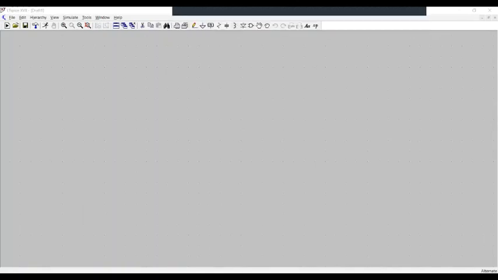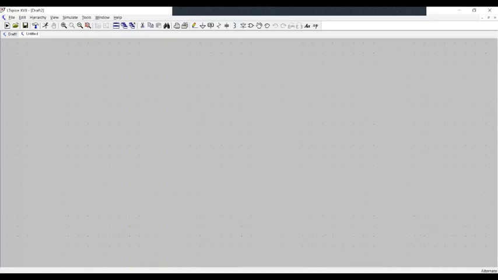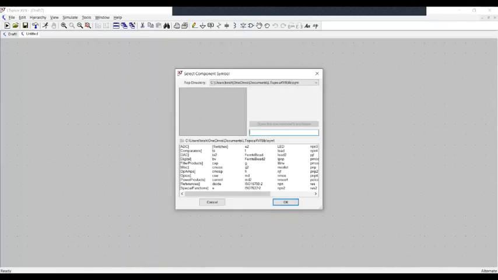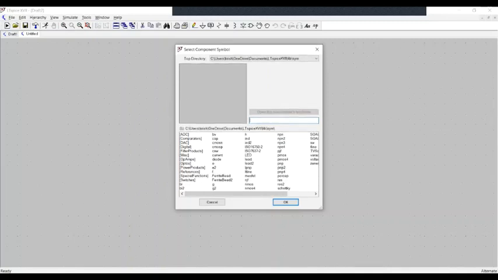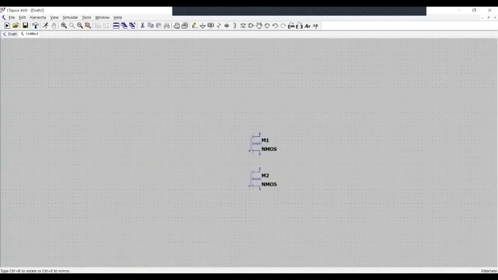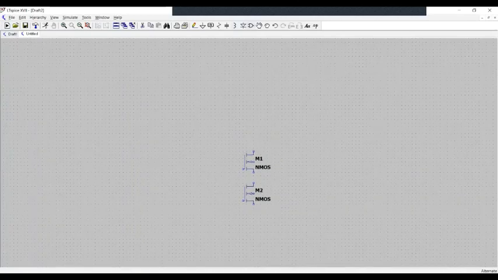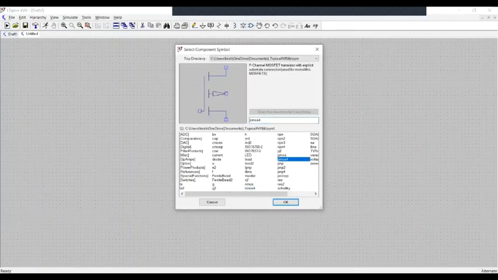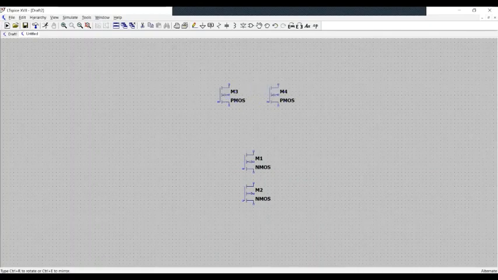Now we are looking at LTSpice software. So in the software, we have to first click on a new schematic. So this will create a new schematic for us to build our LTSpice model on. So as we had seen, we had two MOS transistors in our pull down and two in our pull up circuit. So if I just put two NMOS in the pull down and two PMOS but in parallel in the pull up circuit, I will be getting